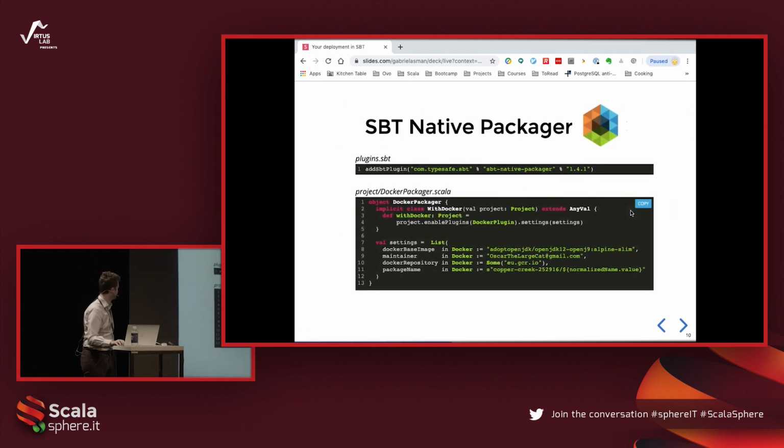So what do you actually need to do in your code? You need to do very little, in fact. Importantly, you need to go to your plugins.sbt inside your project folder and add this particular line just so your SBT can bring in its plugin. Next, what you're interested in is two things. It's firstly enabling the Docker plugin,